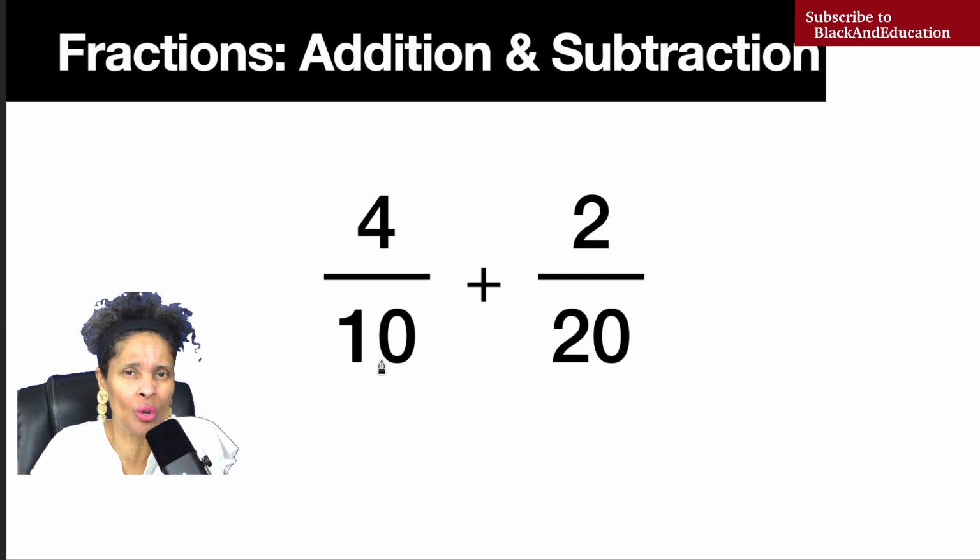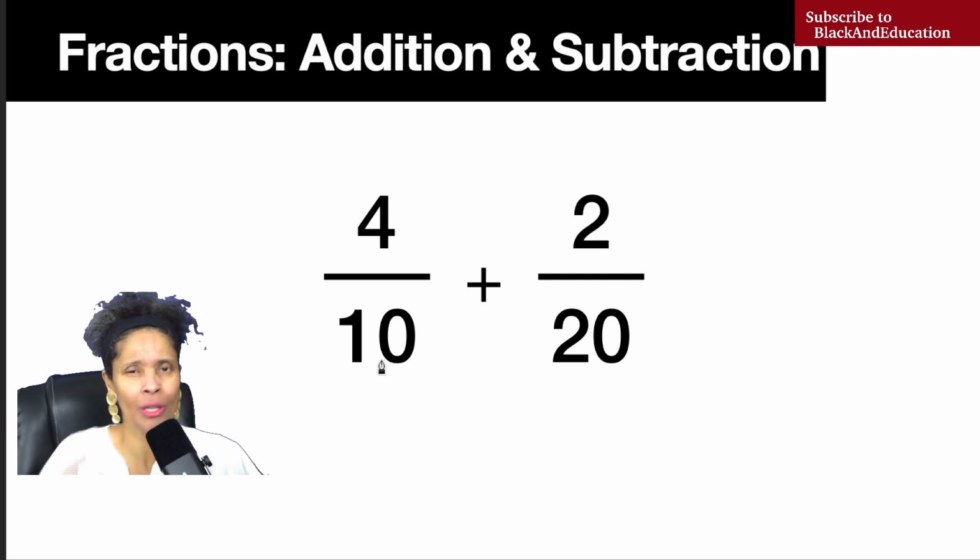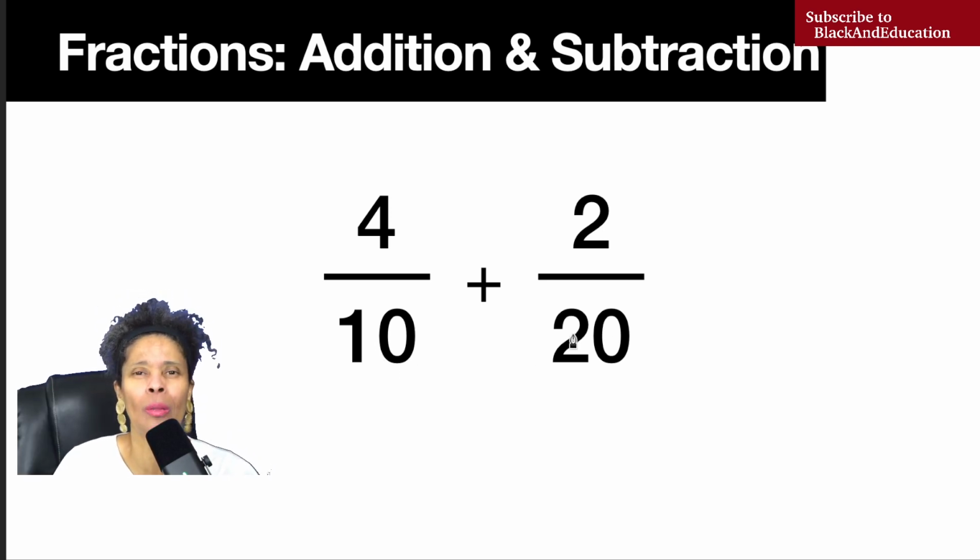Multiples are like an answer to a multiplication problem. Think of it that way. So they have a common answer in place. 2 times 10 is 20 and 1 times 20 is 20. So all I have to do is figure out a way to get 20 on the bottom of both. I already got 20 here. What I have to do over here is multiply 10 times 2 in order to get 20